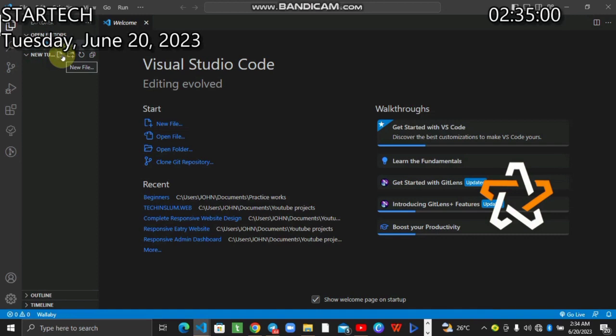What we want to do now is open a new file under our folder. So you click on new file, and then HTML. We'll be working with HTML first, and the HTML file must be declared. It must be identified by Visual Studio Code. This is how you identify a document as an HTML file. You can give it any name. The name I'm giving it is